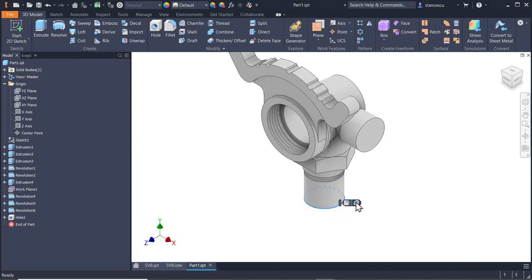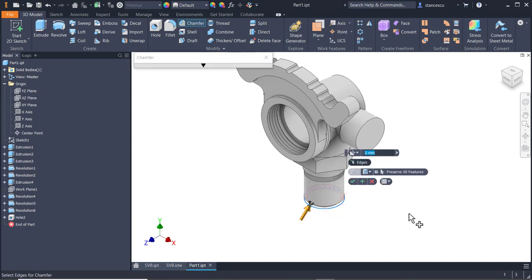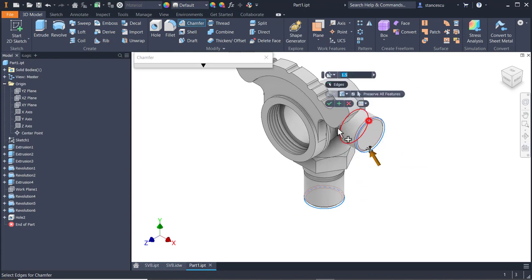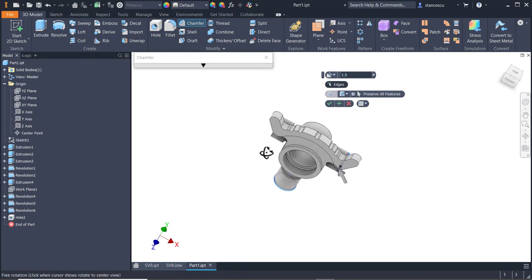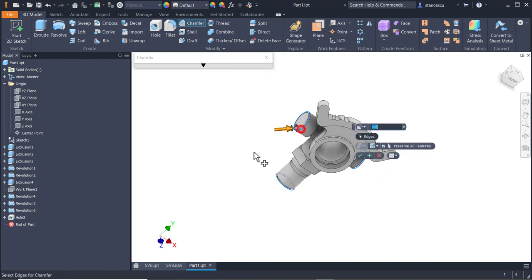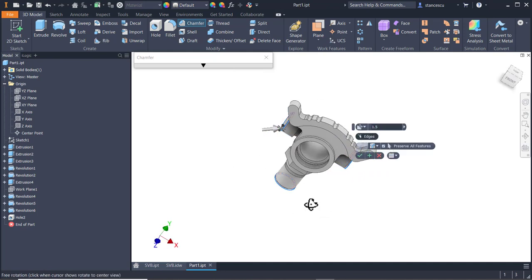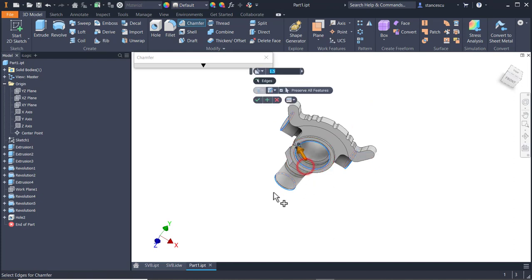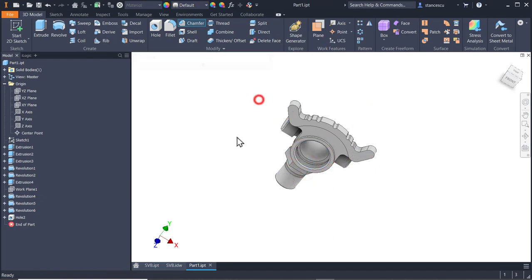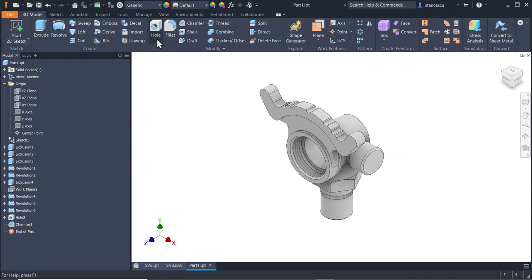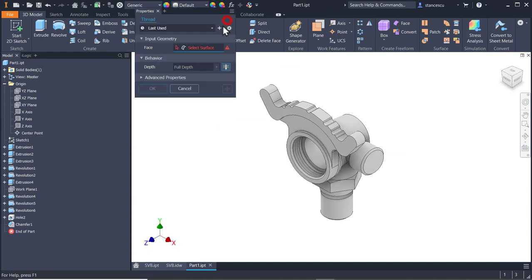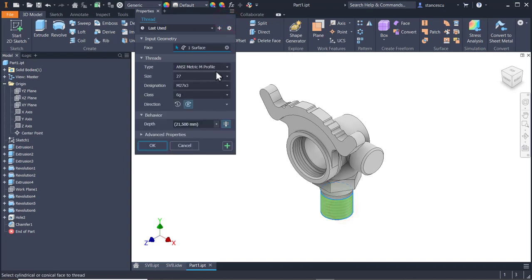So I apply 1.5 to these three shafts and this hole, all the same, F6. Now I apply threads on this shaft,